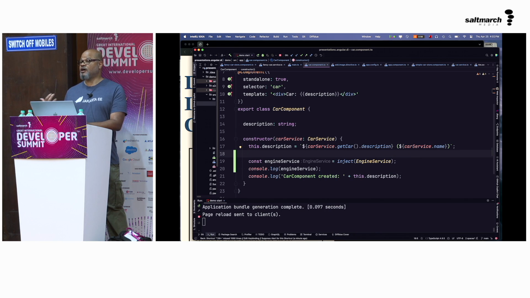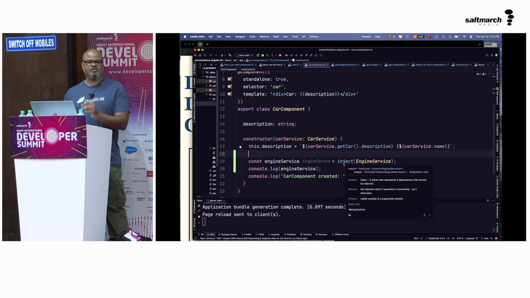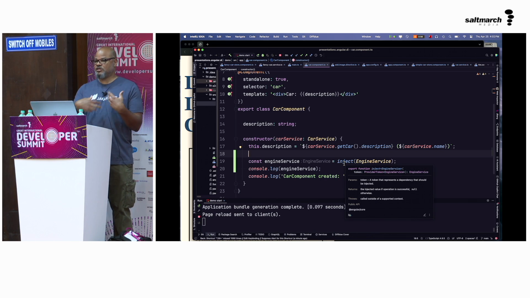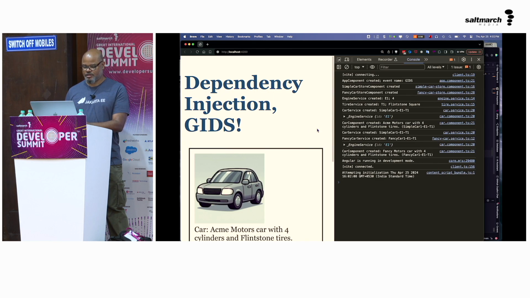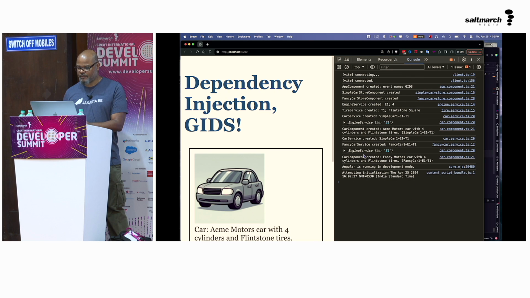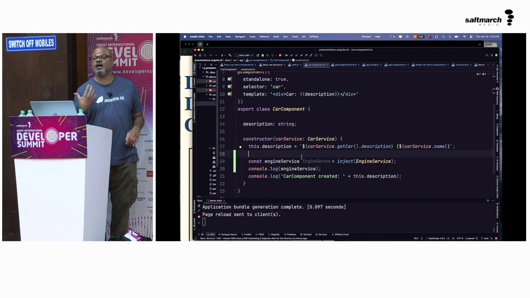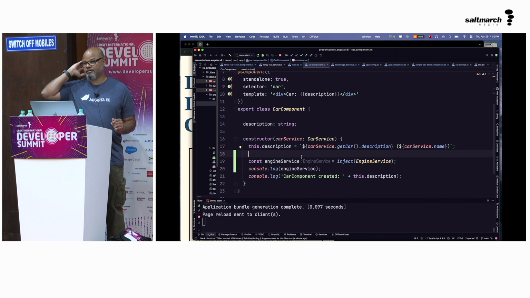So I'm basically manually talking to the injector and saying, hey, give me this object, even though I didn't use constructor injection, etc. Right? And this also means that if I'm calling some other code, some other methods, they could do this as well. It doesn't have to be directly in the constructor. This needs to be executed from the constructor. So what I'll get down here is, here it is right here, engine service coming from the car. So anytime you're inside of an injection context, you can use that inject function to get a hold of a reference. It's not a very common use case, but sometimes you may need to do that. Another example might be inside of a setter method.